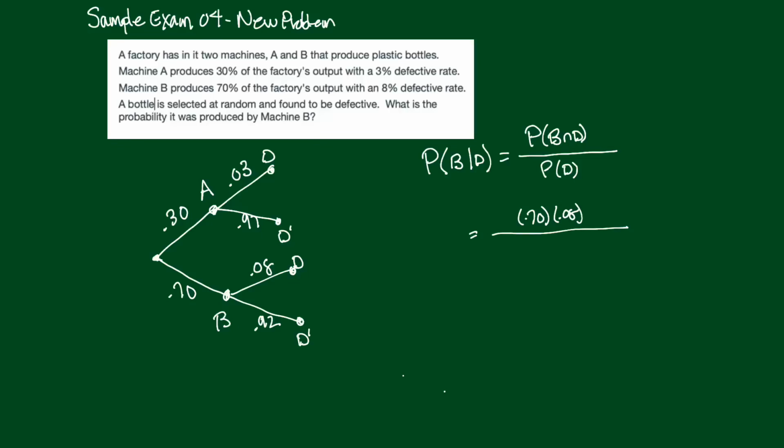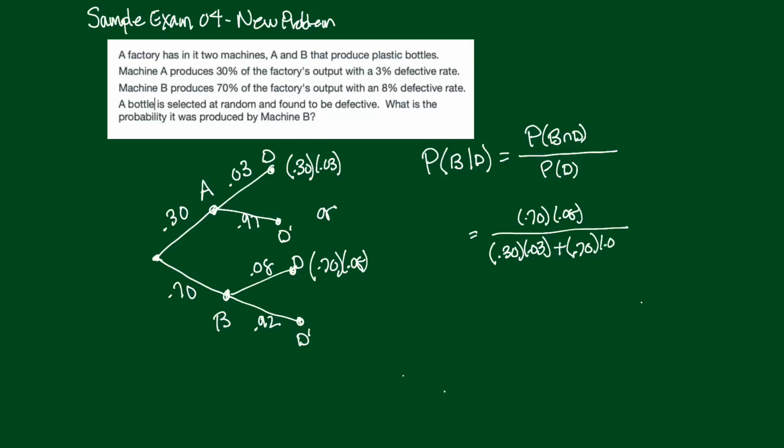And then in the denominator, how do we get a defective? Well, look over at the tree. We could get a defective here plus here. So if we get a defective here, we're on this branch, 30 and 03, so this one here is going to be 0.30 and 0.03, and this one down here, that's the one we just looked at. And it could be an or, right? So that's going to be a plus. So our denominator then becomes 0.30 times 0.03 plus